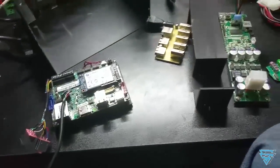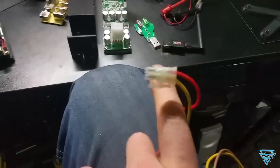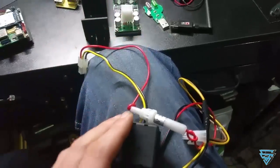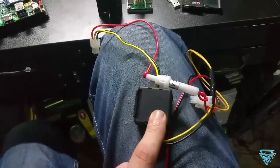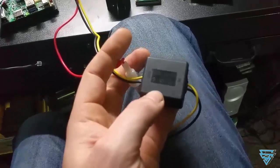The cable that powers that FM unit plugs in like this. I obviously shortened those up quite a bit because there's like 15 feet of power cable. I left a fuse in place. This thing here is huge. I took it apart, and basically it's a